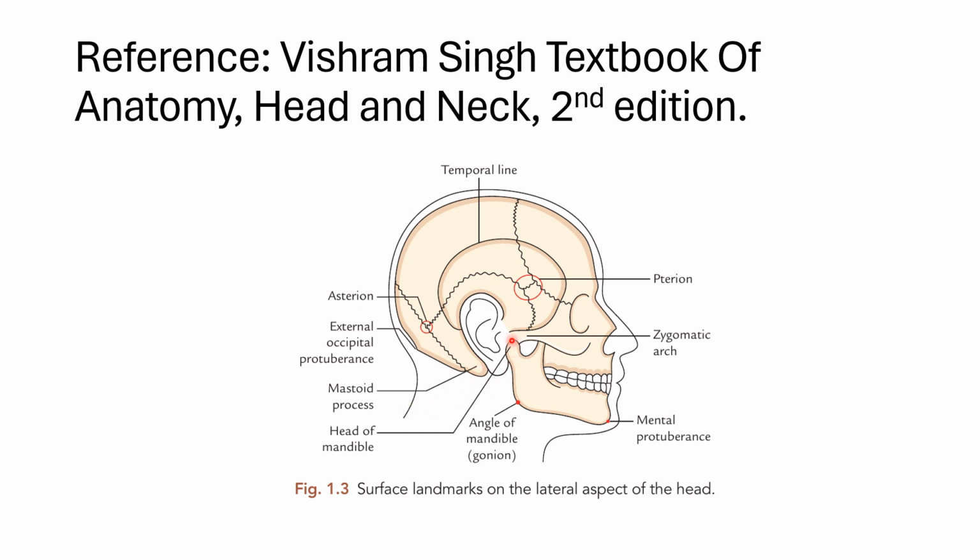And just in front of the ear, this point is very important, students. Kindly pay attention. We will be using this for palpation of the pulse of one specific artery, and also we keep our fingers here for the palpation of the head of the mandible, which is lying in the temporomandibular joint. So this is the head of the mandible, this is the temporomandibular joint. Yes, the only synovial joint that is present in the face region.